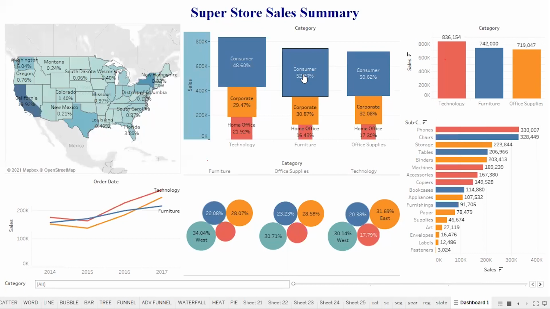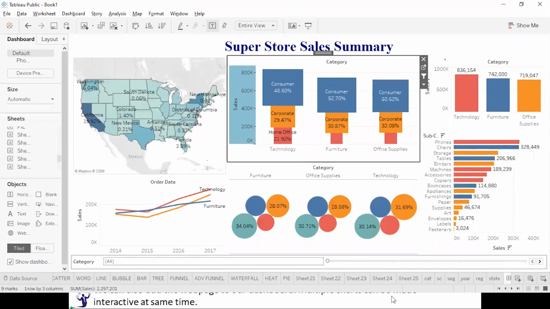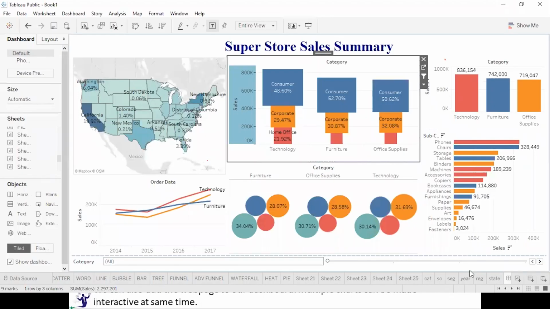I have created 6 visuals, done the formatting, created a dashboard, made it dynamic, and so on. So you can see the timing it is taking. I just wanted to make you realize the power of Tableau. So this was about the dashboard, and let's come to the final product of Tableau, that is the story. The last icon which you see over here is the story.